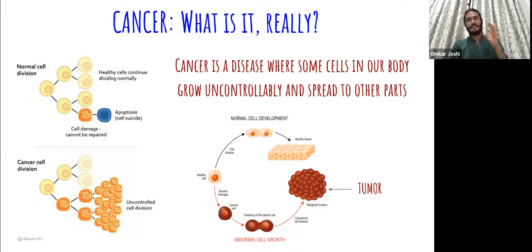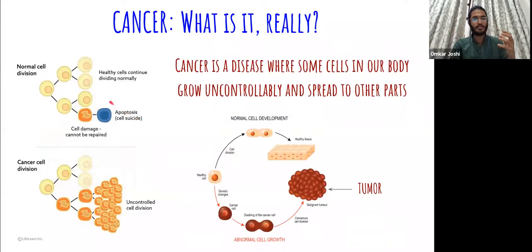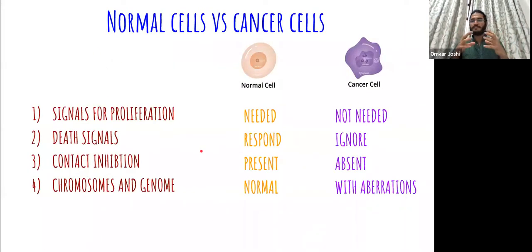So then the question is, if I've told you that these cells are ignoring this, what else do cancer cells show us? One of the first things that I've been repeating, and at least I've said it 2 times now, is these cells keep dividing regardless of whether they are getting the signals or not. So normal cells will need signals for them to proliferate. What does proliferation mean? Proliferation means one cell forms two cells, from two to four, and so on and so forth. Cells keep dividing and increasing in number. So normal cells, unless they get these signals for proliferation, will not divide.